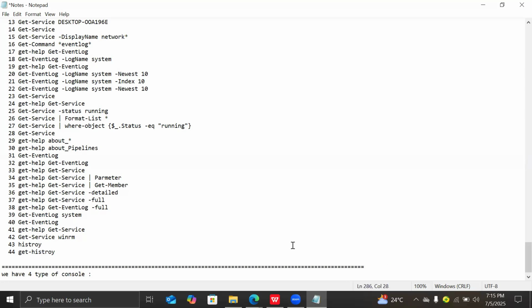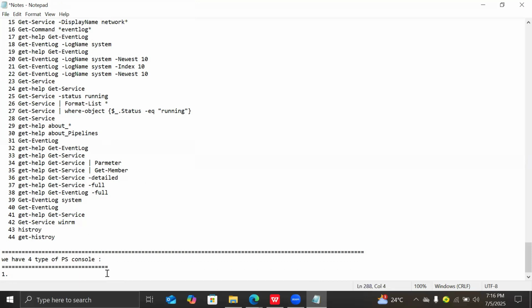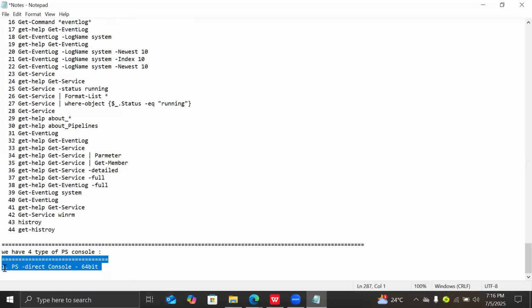PowerShell console, right? Guys, whoever attended last class, just bear with me. Many of you joined today, so I will repeat the same class as last class, what we discussed. So number 1 is the direct console, the PowerShell direct console, which is 64-bit. And the second one is